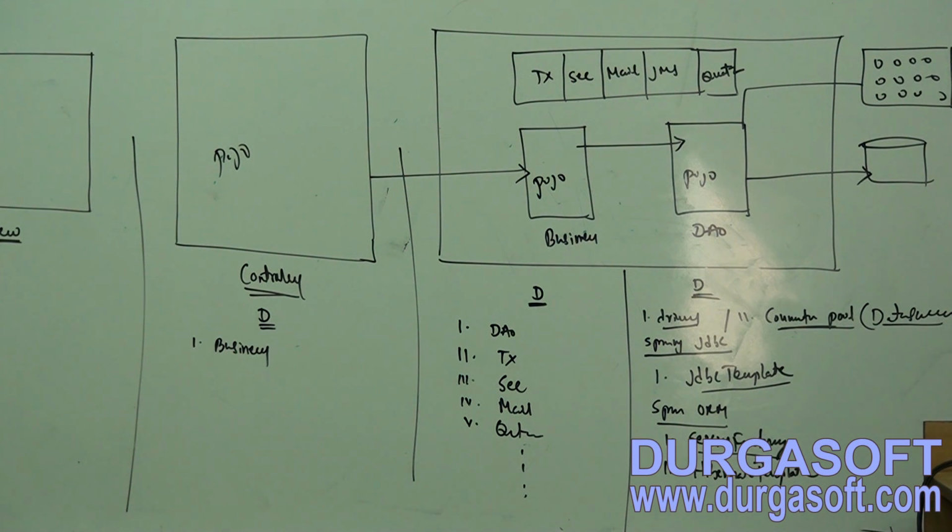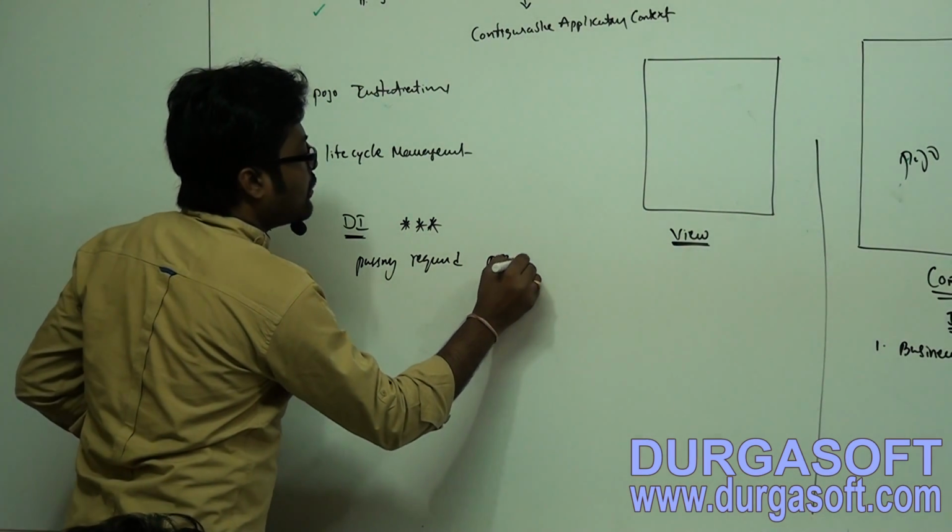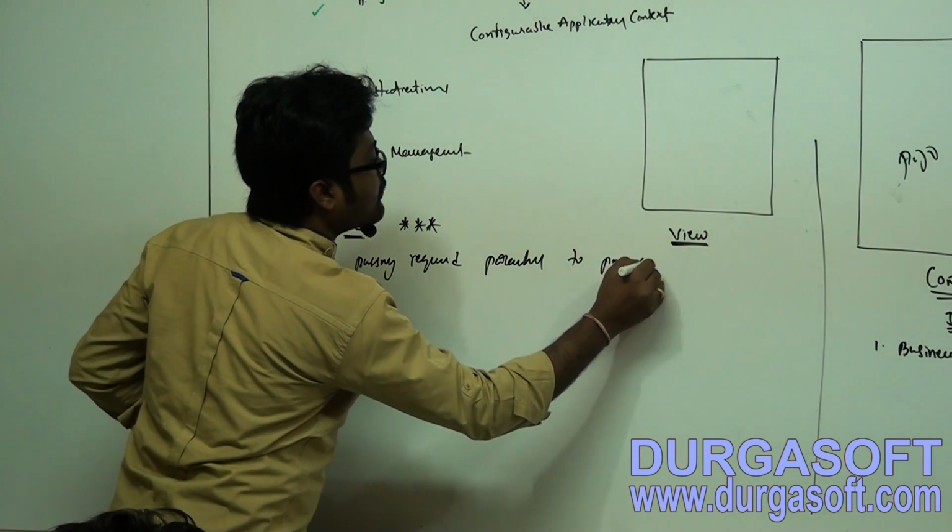It can be any type. Drivers information is a simple string type, and the connection pool object is a class type. Any type of data you can supply by using your IOC containers. To the dependent classes, you can pass any type of data by using dependency injection. A simple definition for dependency injection: passing required parameters to POJO classes